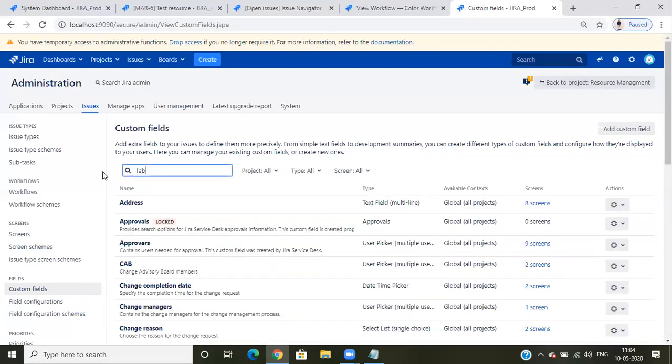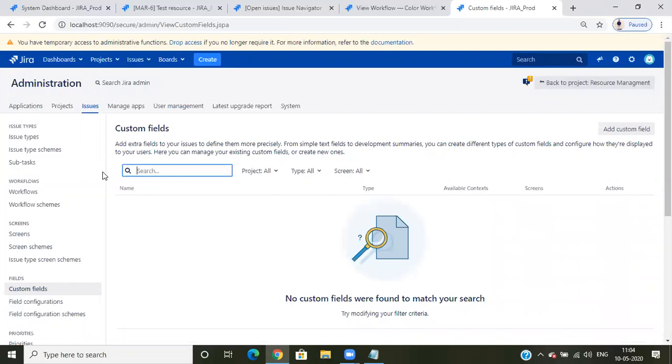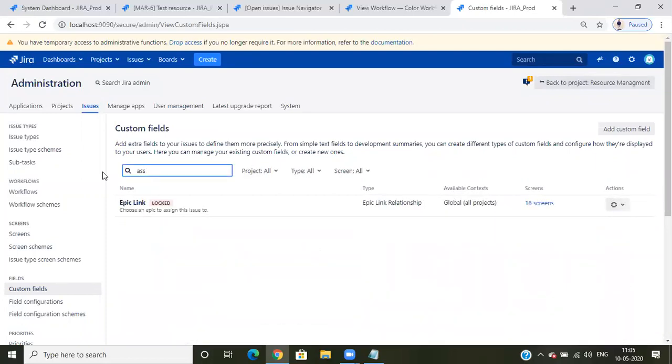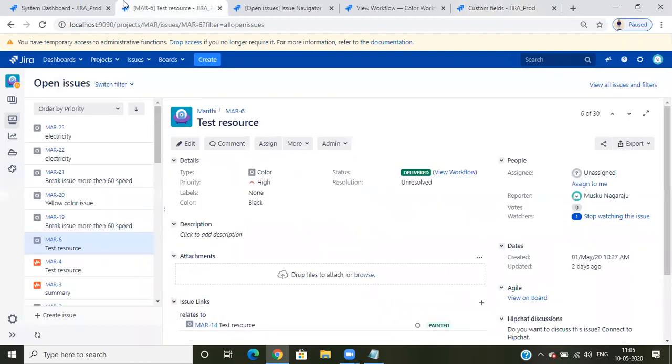Label, assignee, reporter will not come, because all of these are system fields: reporter, assignee, voter, watches, priority, labels, type, summary, description, attachments.